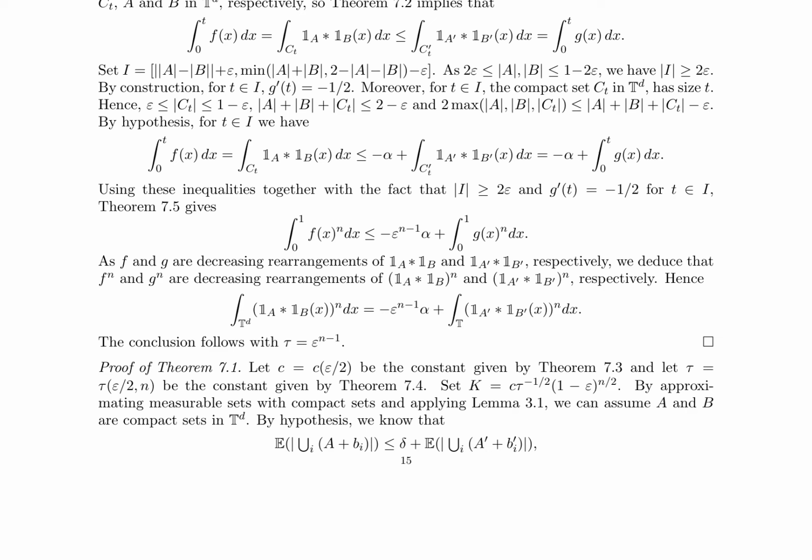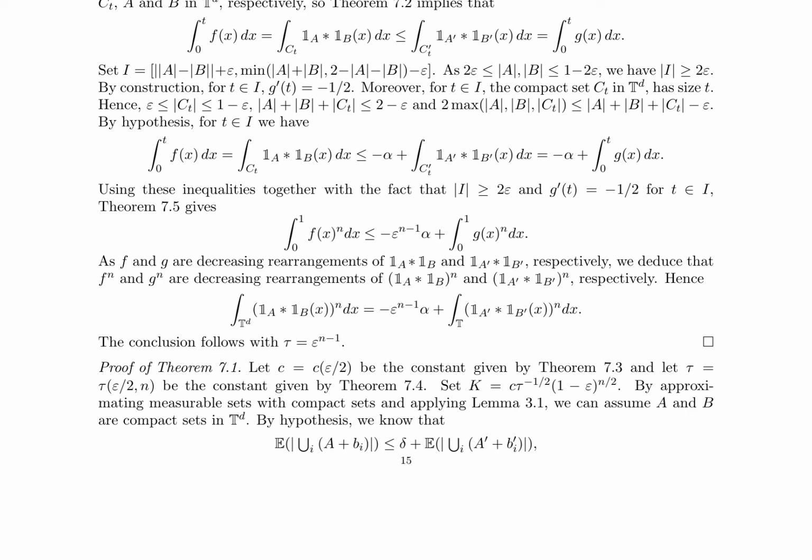The decreasing rearrangement of a continuous function is uniquely characterized by its monotonicity and equimeasurability properties. These properties enable the establishment of inequalities which, in turn, facilitate the equivalence of integrals. The application of theorems 7.2 and 7.5 is instrumental in bridging the gap between the original and rearranged functions. Ultimately, the theorem's significance lies in its far-reaching implications for functional analysis, where the properties of decreasing rearrangements play a vital role. The theorem's conclusion, namely, the boundedness of the original function's integral by its decreasing rearrangement's integral, has profound